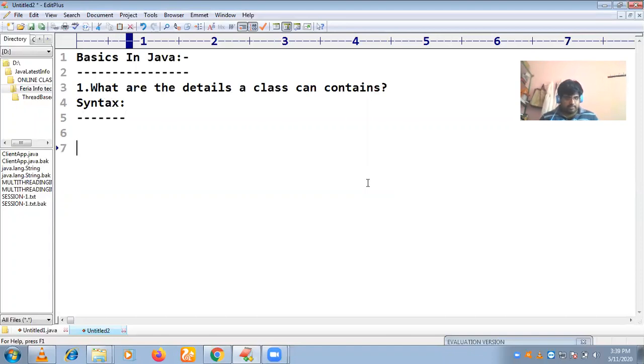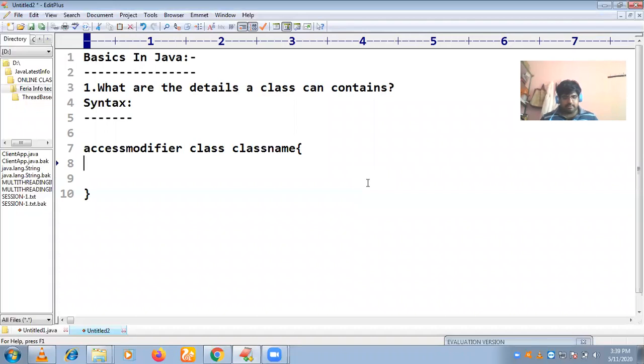What is the syntax to create a class? Class name, and if you want any modifier, any access modifier, and class is a predefined keyword.